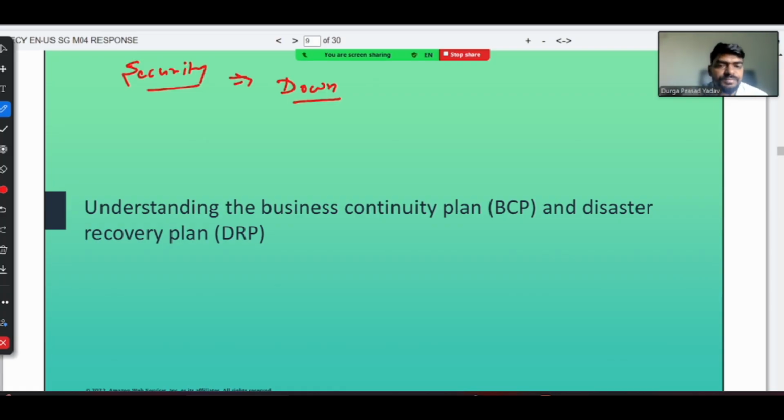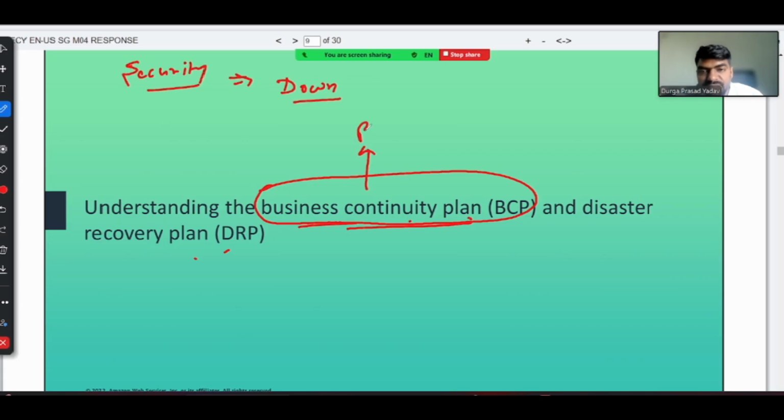So now the scenario is, if there is a company, companies have some plans. Companies generally have two plans. We call them BCP, business continuity plan, and disaster recovery plan. The meaning of this plan is, let's say, business continuity plan. Business continuity plan means